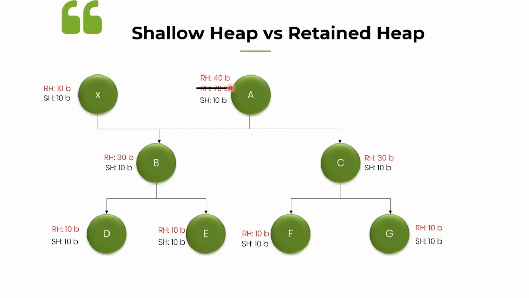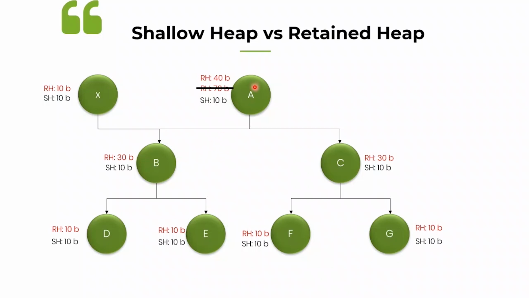Why is that? Why, by virtue of X referencing B, does A's retained size have to go down? Okay, here is the reason. As we told, the retained heap size means, if an object gets removed from memory, it tells accumulatively how much memory gets freed up. That's what it means. So because X is now referencing B, even if A gets removed, B is still going to be here because X is referencing it.